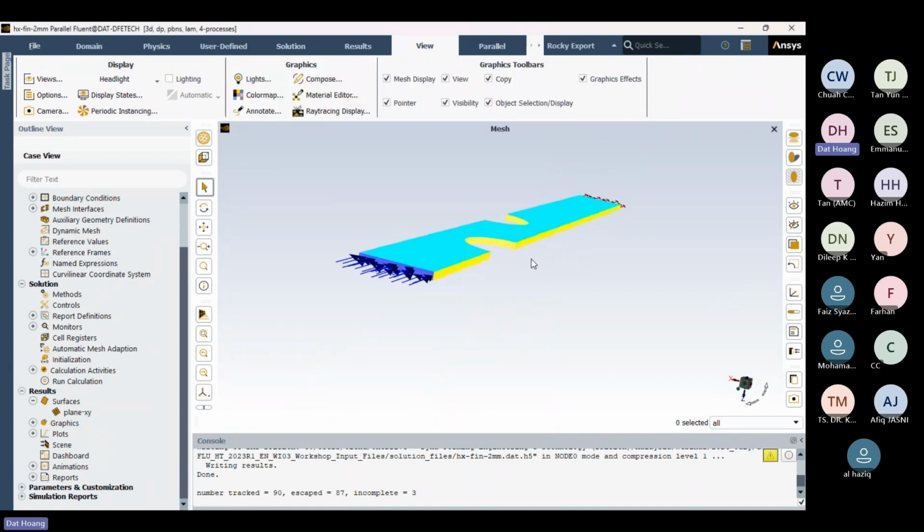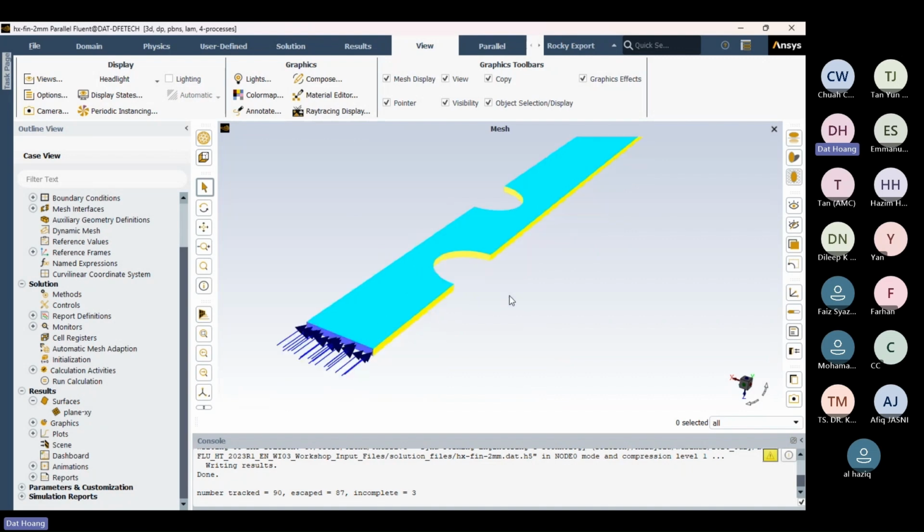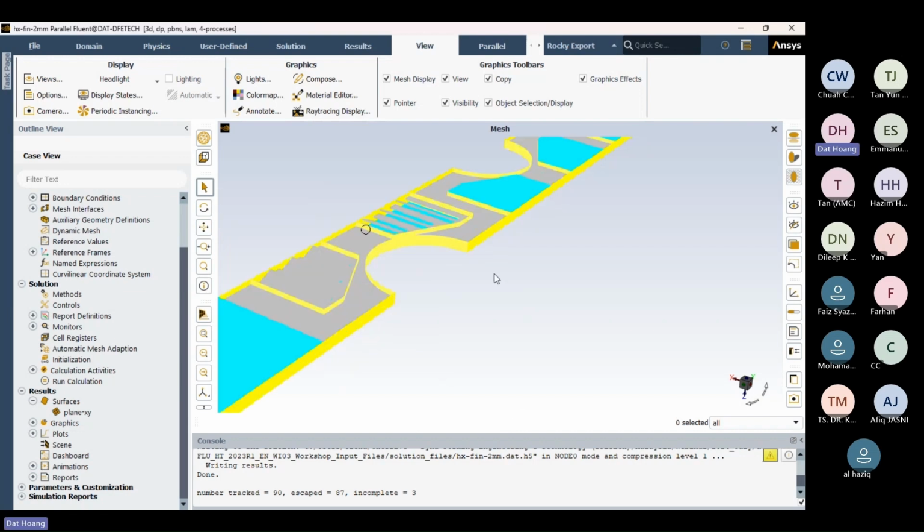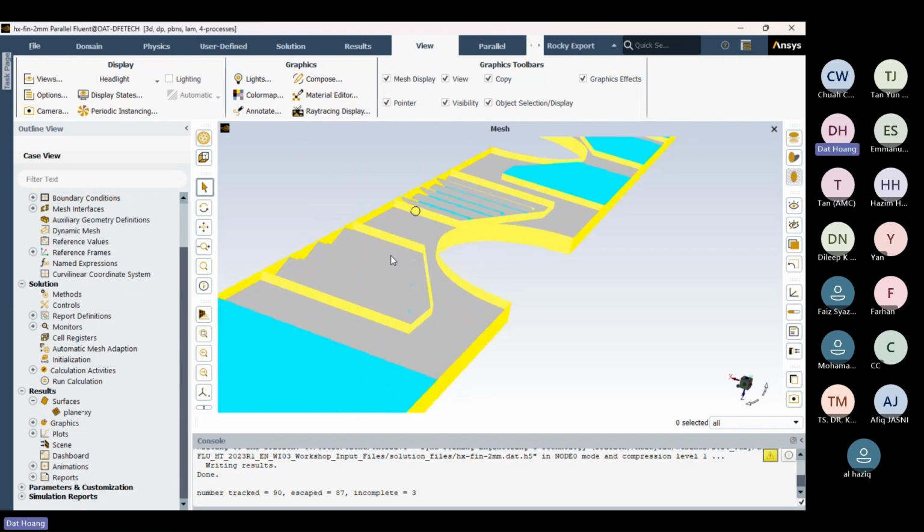The model looks quite simple, but actually we can capture the inside in great detail. So for example, here, you can see actually inside,